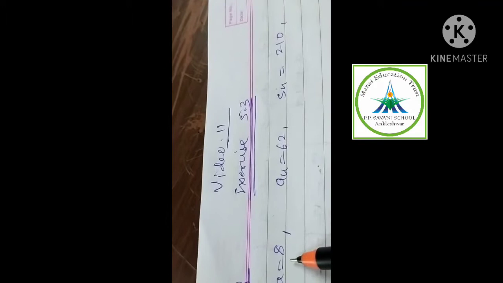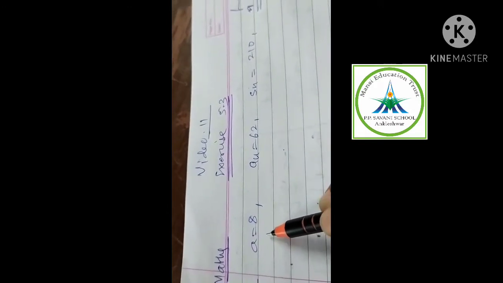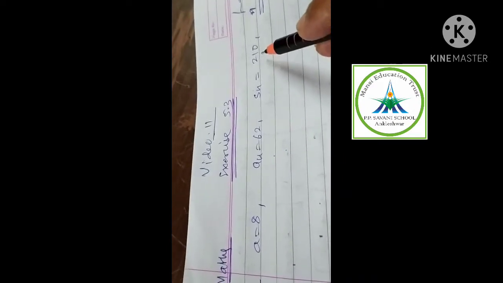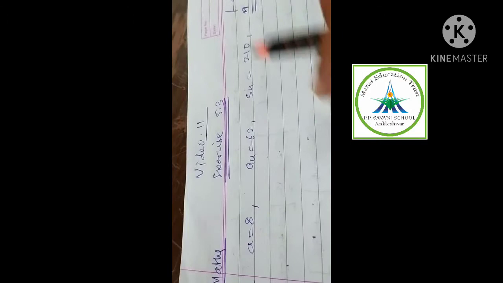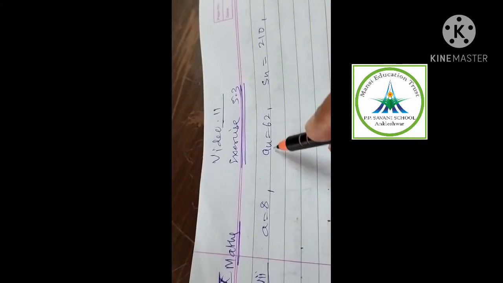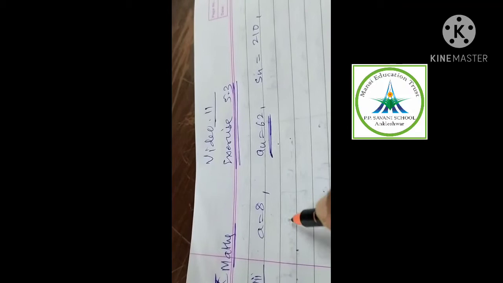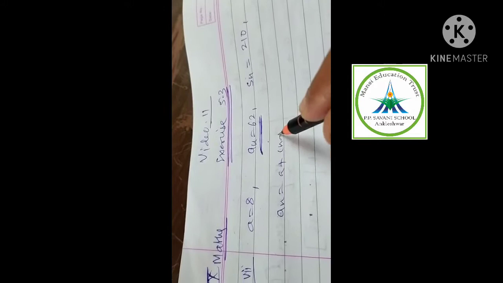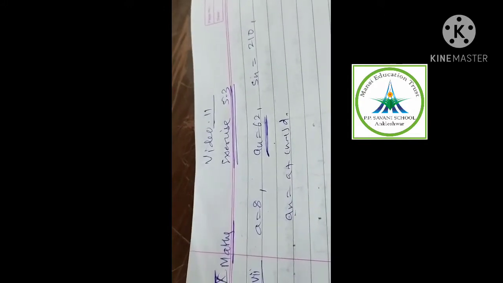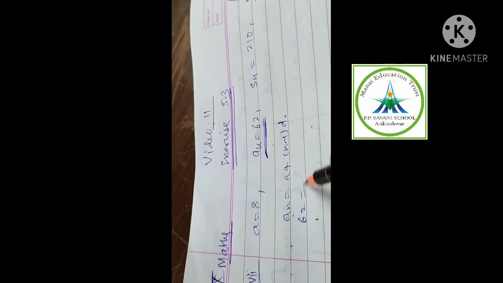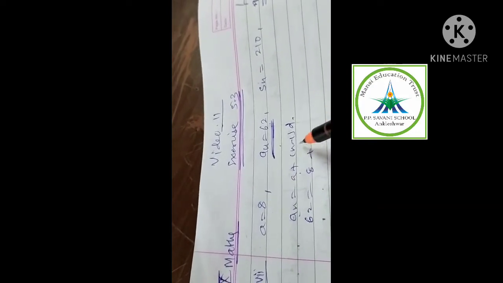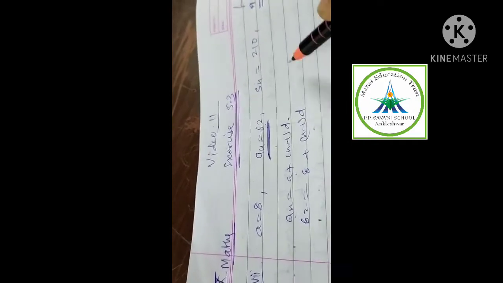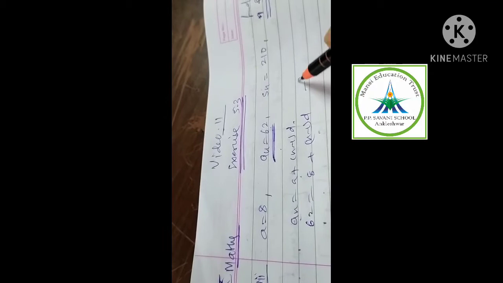See students, look here. First read, understand what is given. a is 8, n is 62, Sn is 210. So you know the an formula. Write down an, whatever is given, write down the formula. Automatically something will appear. See now. an equal to a plus n minus 1 d. Now the n value is known to us: 62 equal to a is known, 8, plus n is not known, so n minus 1, d is not known, d. Right? Now let us take this as number 1.